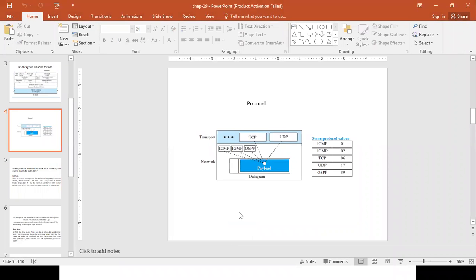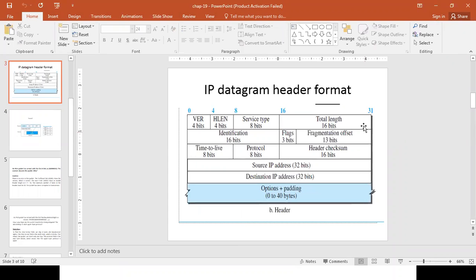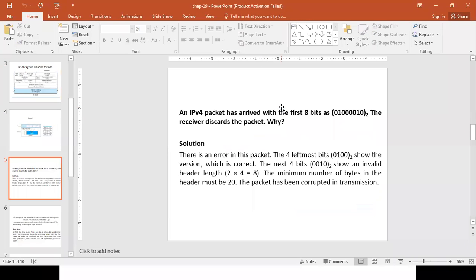Just go to your datagram header format. What have you seen? 5 four-byte words, 5 into 4, is 20. But in the given problem, only 1 and 2 are given. So it is wrong. Therefore, the packet will be completely discarded from the channel, and there will be an error in the transmission of data.